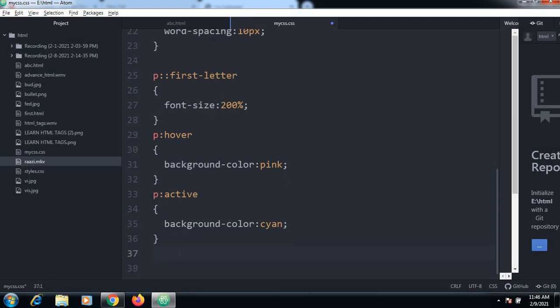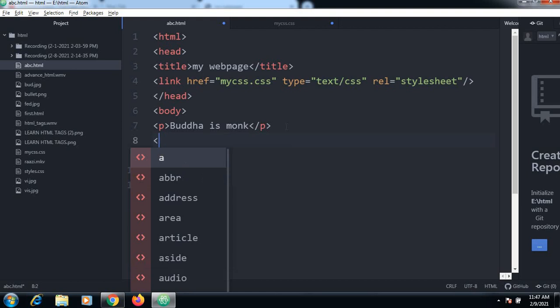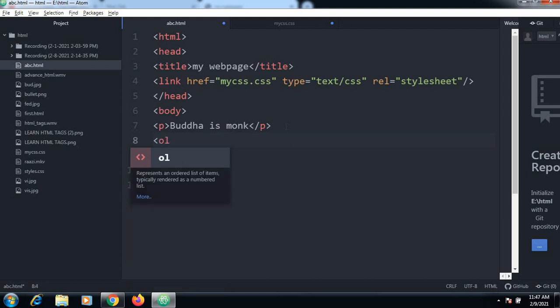So let us try to understand how to create a list. We will create an ordered list, and what are the different elements inside this.